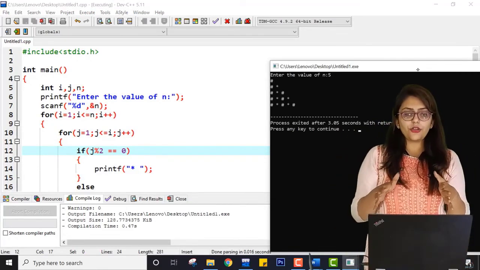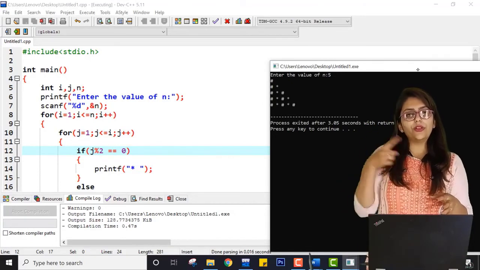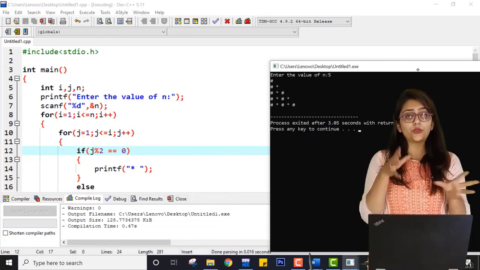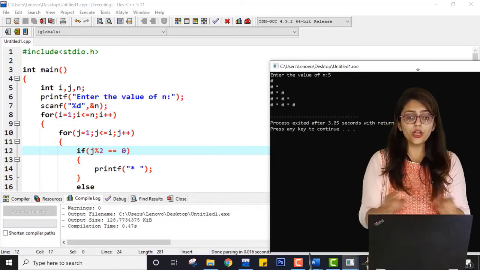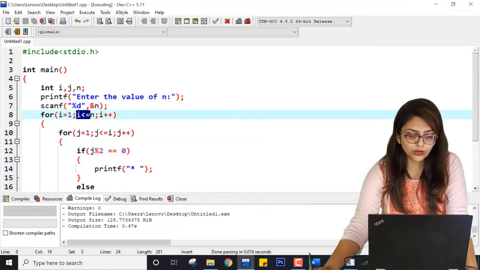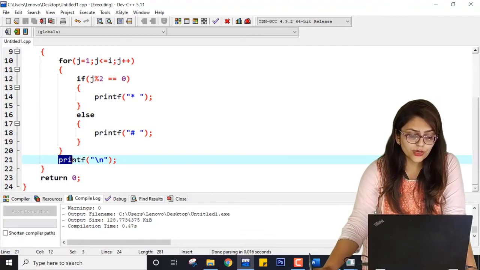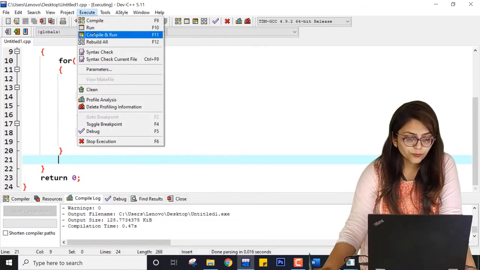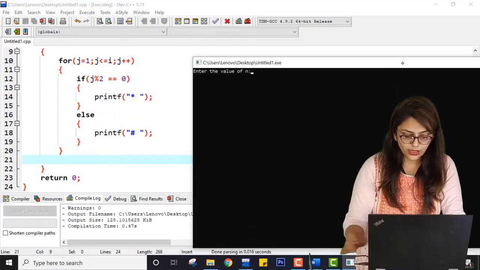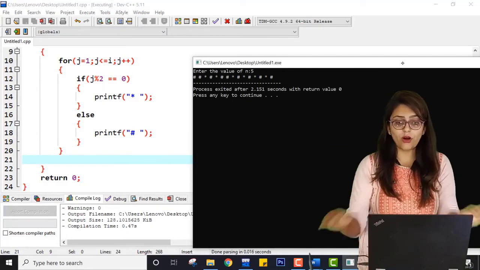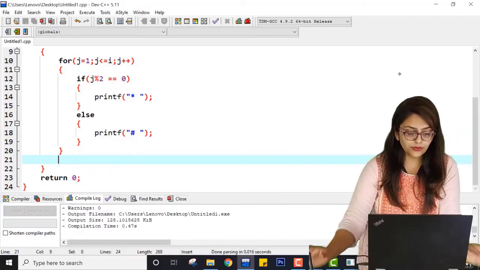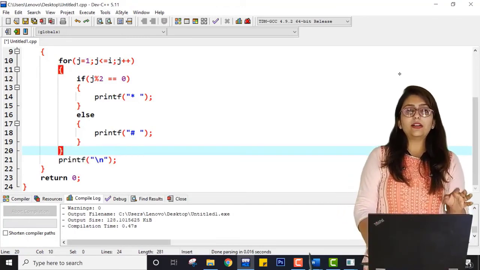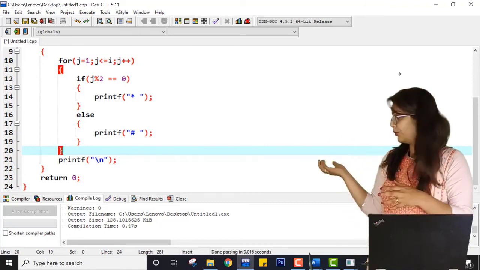Now if there is an error in your code, then it may happen that your program goes into an infinite loop, right? So if you are executing your program and it goes into an infinite loop, that means your program is wrong. You have given some wrong conditions over here, or sometimes students forget this statement. If I have not written this statement, you will get a very bad output, like this. So you can see, because I forgot this line, I am not getting the desired output. So make sure that you are writing the right code according to the solution I have given.